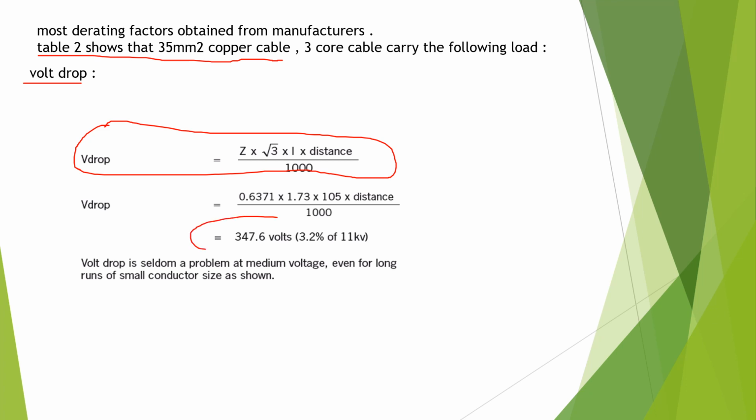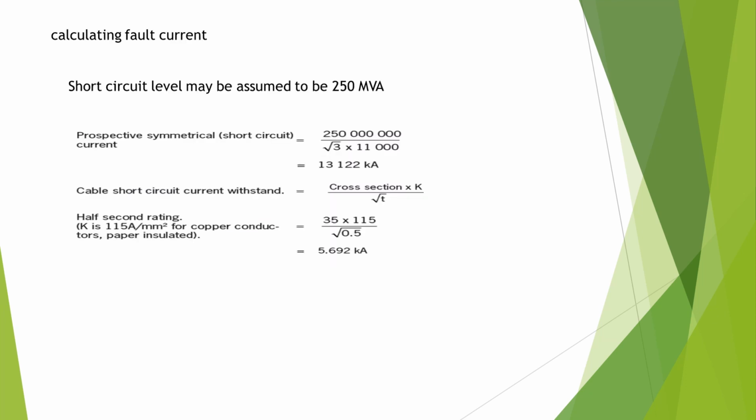We come to the value and see the volt drop is very good. Volt drop is no problem, even for long runs. Most of the cables you'll select, most of the volt drops are good. Short circuit level: we assume a 250 fault level, and then for 600